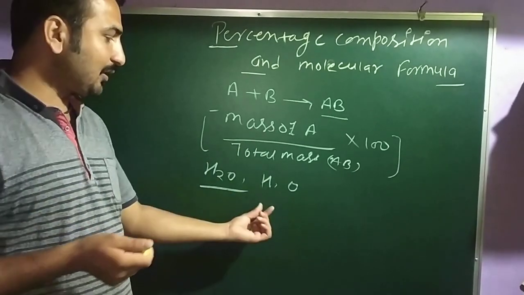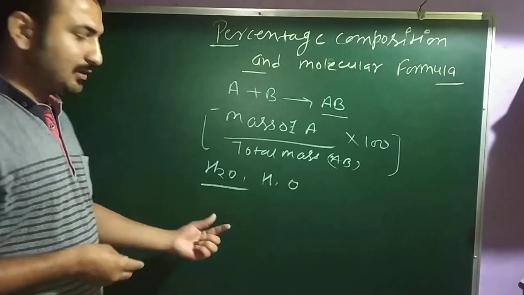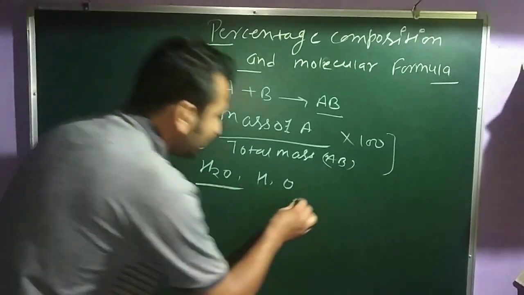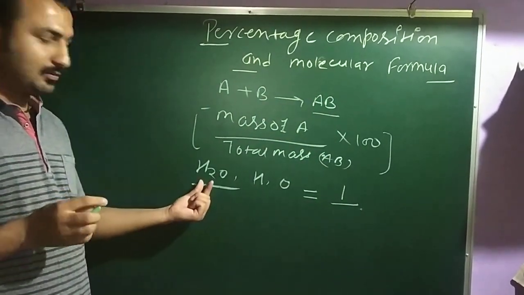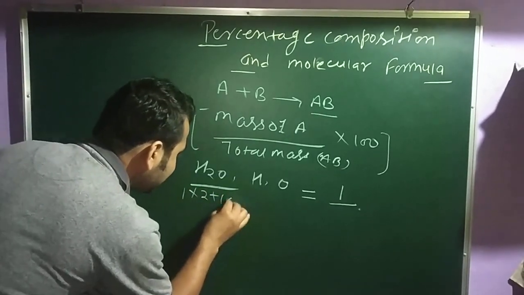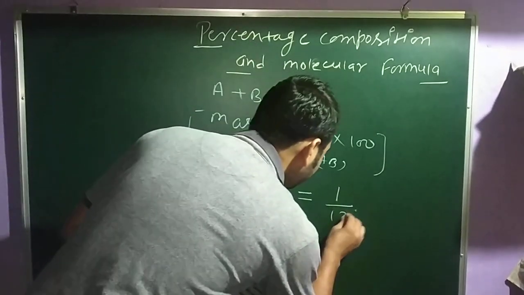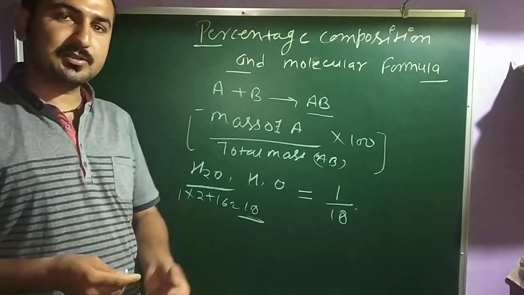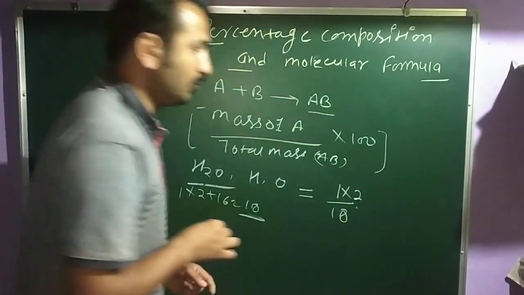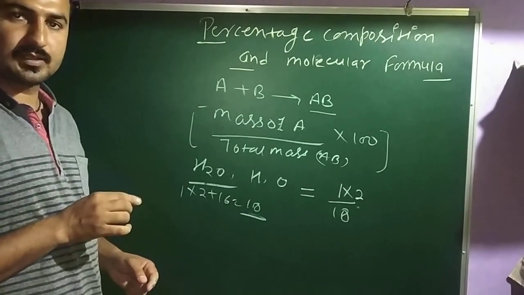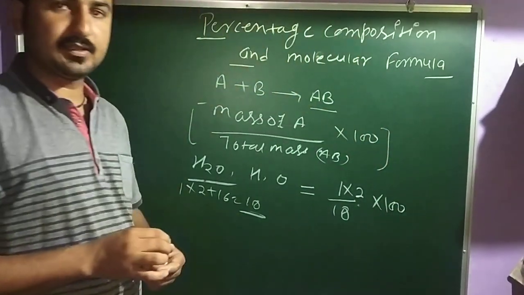So क्या करना था? Suppose you are finding the mass percentage of hydrogen. So mass of hydrogen upon the total mass of H2O. What is the mass of hydrogen? We all know that it is 1, upon the mass of H2O, 1 into 2 plus 16, that means 18. 18 is the mass of H2O. So 1 upon 18. And remember how many atoms of hydrogen are combined together? 2. So into 2. Clear? And for mass percentage, you have into 100.